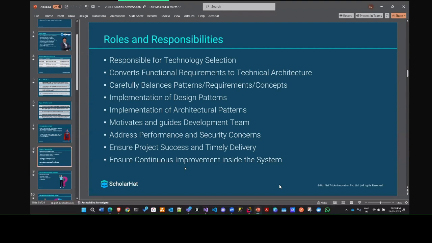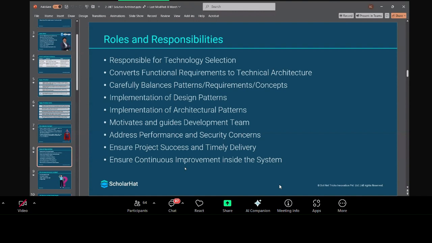You have to guide the dev team as well so that they are able to build the workflow and do the things over there. So ultimately, you are taking care of the continuous improvement inside the system. So these are the roles and responsibilities you have as a software architect and solution architect. And trust me, when it comes to taking the key decisions in terms of technology, in terms of the best practices, the solution architect is the